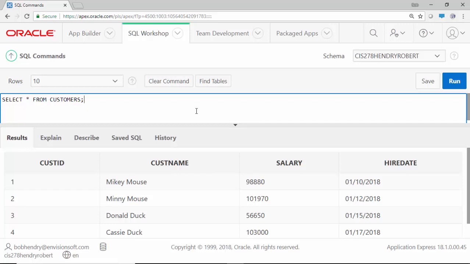And we can also do things such as change a name. Let's just say Minnie Mouse marries Donald Duck. So we can say, how about this, we can say update customers set